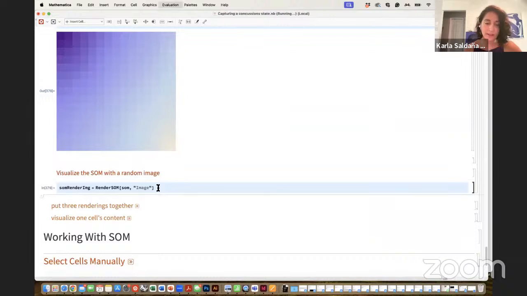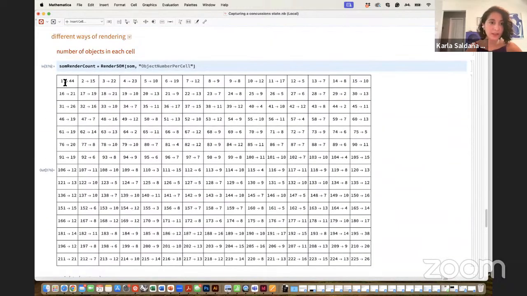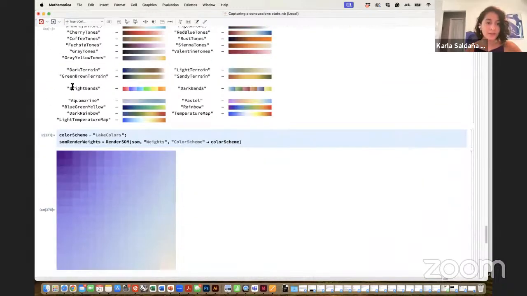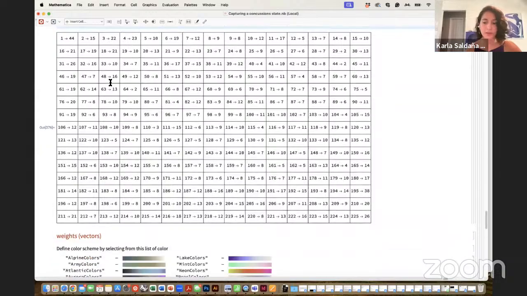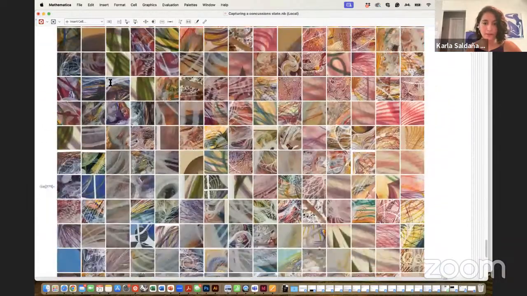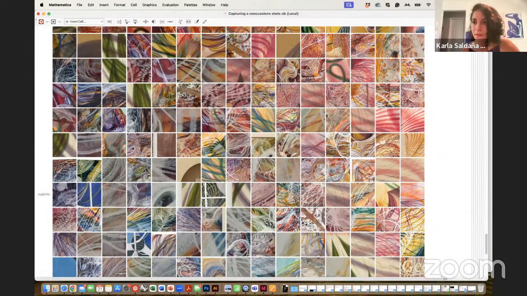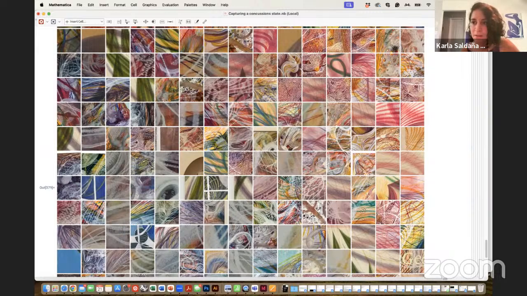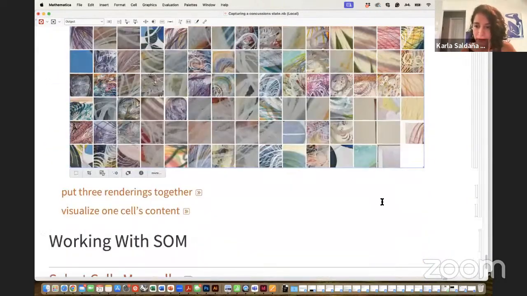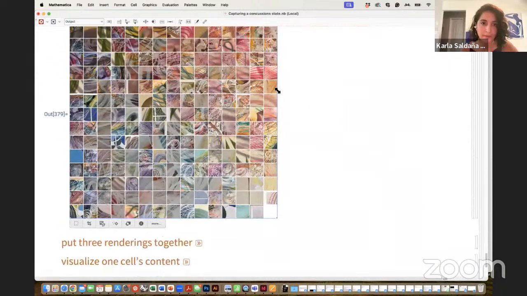This one will take a little bit of time, just because now it's trying to find an image within this cluster to be mapped on top of, instead of the colors or the numbers per image. So this is going to take a little bit of time, but here we are. Wait a second, I want to zoom out so you can see it. Oh, wonderful. Let's do this. Okay, maybe I'll just do this.